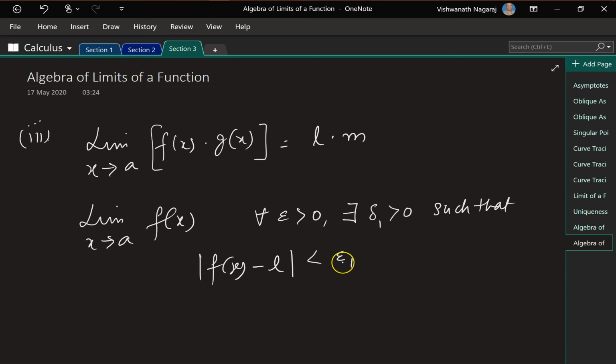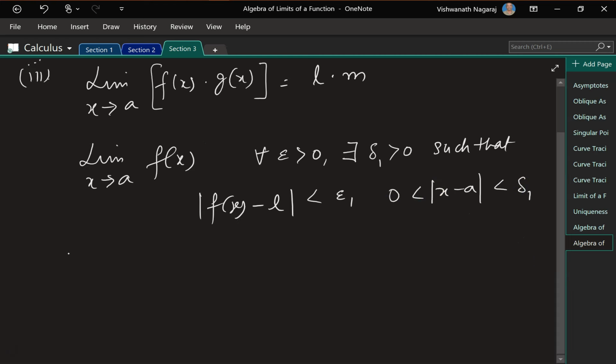I'm using epsilon 1 because in the other case I'll use epsilon 2, and then when we add them or subtract them, we will end up with another value that we'll call epsilon. Here x minus a is between 0 and delta 1. Similarly,